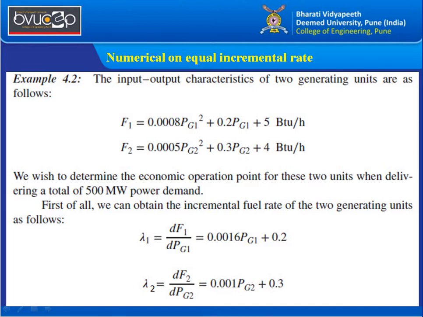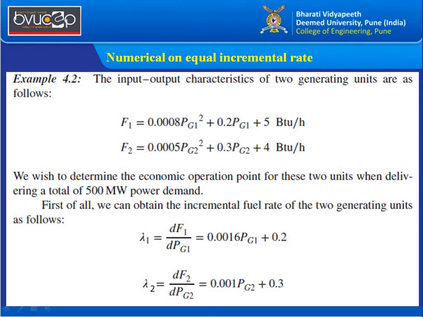As per the theory which is covered already in the previous videos, I have covered here certain numericals that are going to support the theoretical concepts, so it will be easy for you to understand when you go through these videos. Now, as an example, I have considered the input output characteristics of two generating units, whose function is a quadratic function, as we have discussed. So we can see that this is degree 2, the quadratic function.